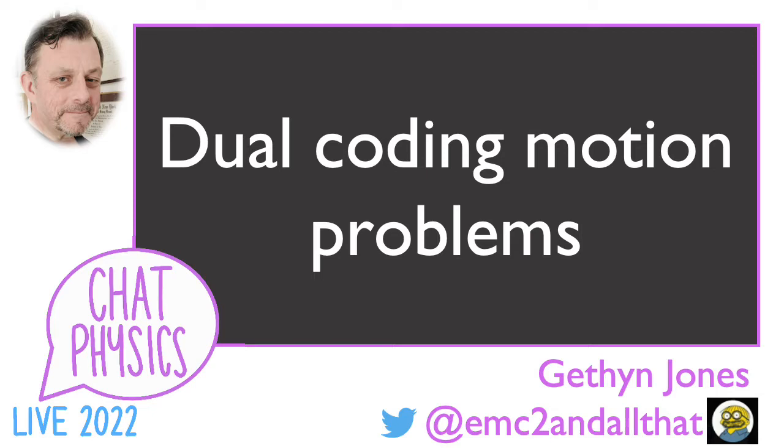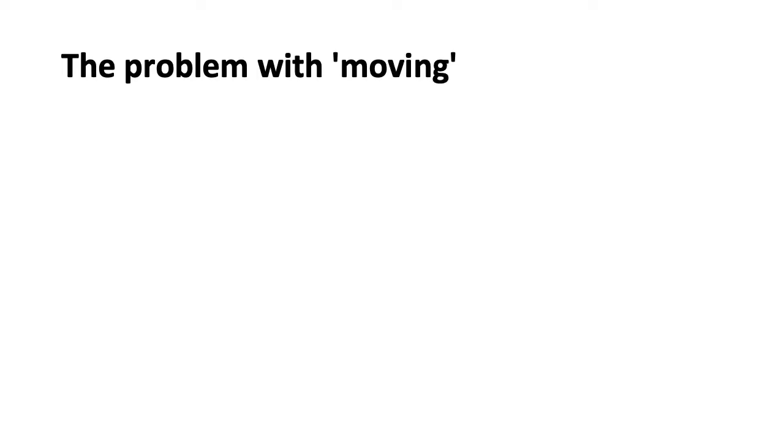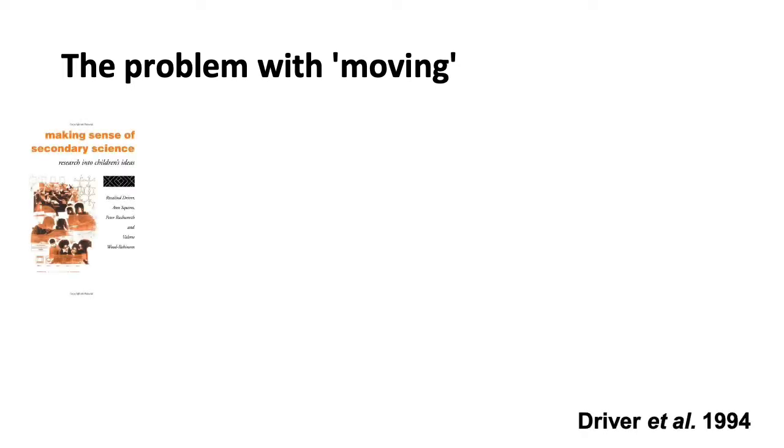And I'm going to be talking about dual coding motion problems. One of the problems we need to address with student understanding of dynamics problems is the problem with the word moving. Quoting from Rosalind Driver's brilliant book, Making Sense of Secondary Science,